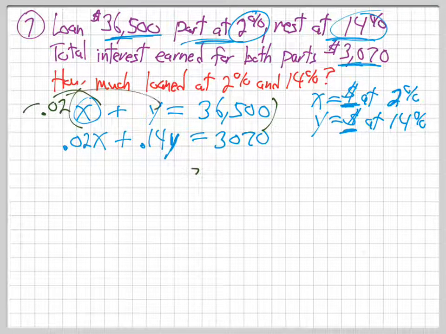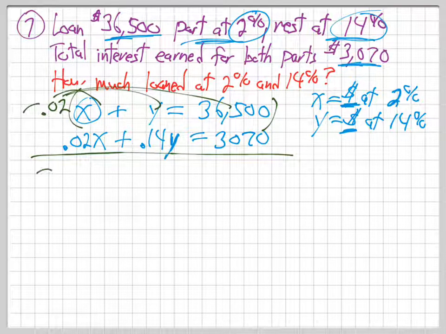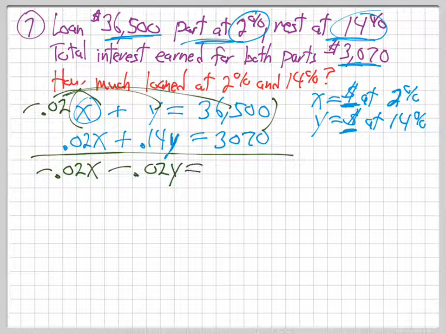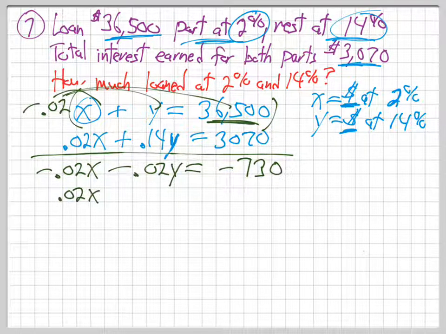It's going to go there, there, and there. So I'm just going to do the elimination method and make these opposites. So I'll get negative 0.02x, negative 0.02y. And use your calculator. Negative 0.02 times 36,500. I'm getting negative 730. And then the second equation,